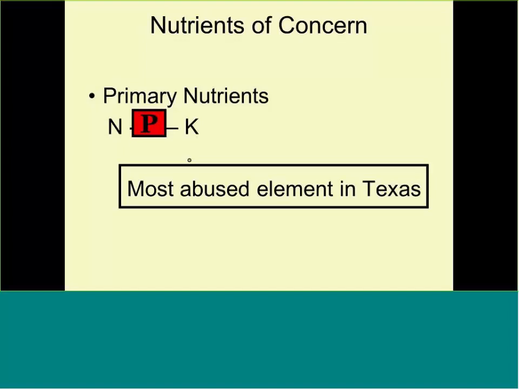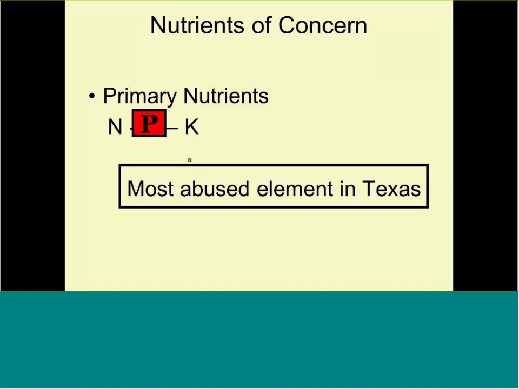Phosphorus is for roots. If you're growing any kind of root crop, or you want to encourage new seedlings to produce roots and to grow, phosphorus is important for that. So the role of phosphorus is for roots. That's the one that we call the most abused element in Texas,